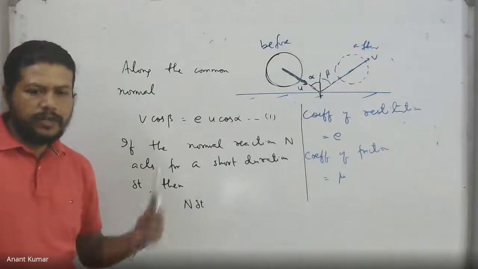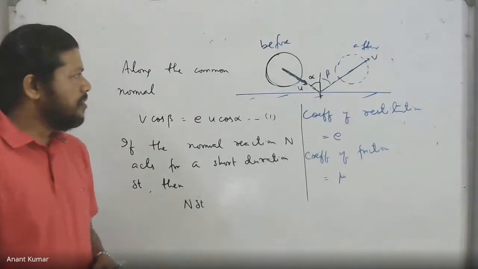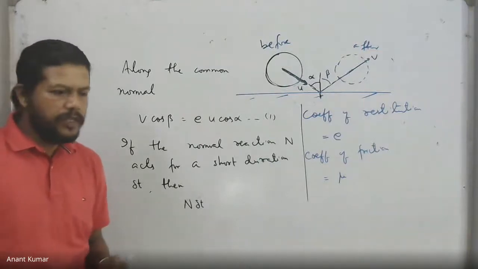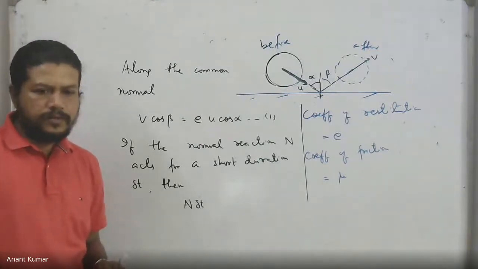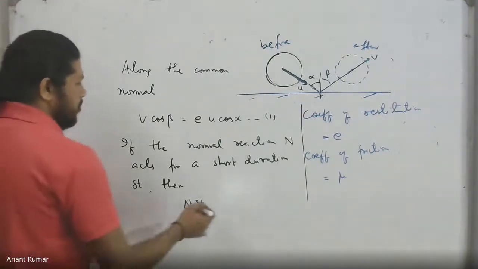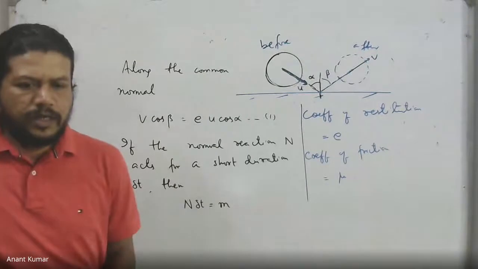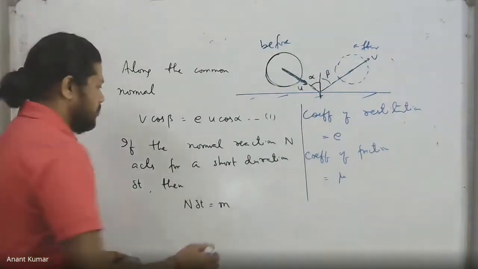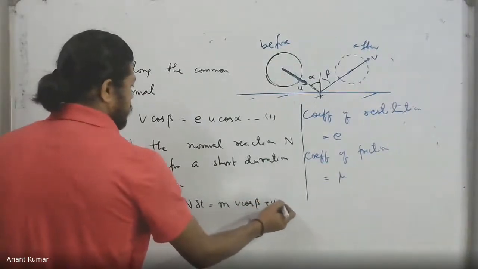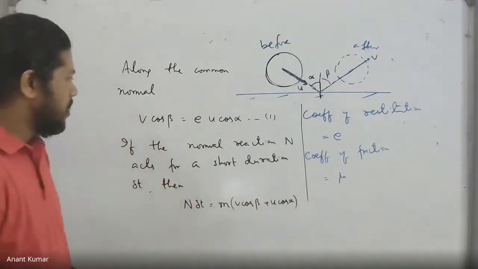What is the change in the momentum in the normal direction, by the way? The final momentum is upwards, which is mv cos beta. The initial momentum was downwards, which is mu cos alpha. And because directions are opposite, numerically the momentum must be added up to find the change, isn't it? So this must be equal to the mass into v cos beta plus u cos alpha. V cos beta plus u cos alpha, that's happening to be added up. The reason is quite simple because they're in opposite directions.